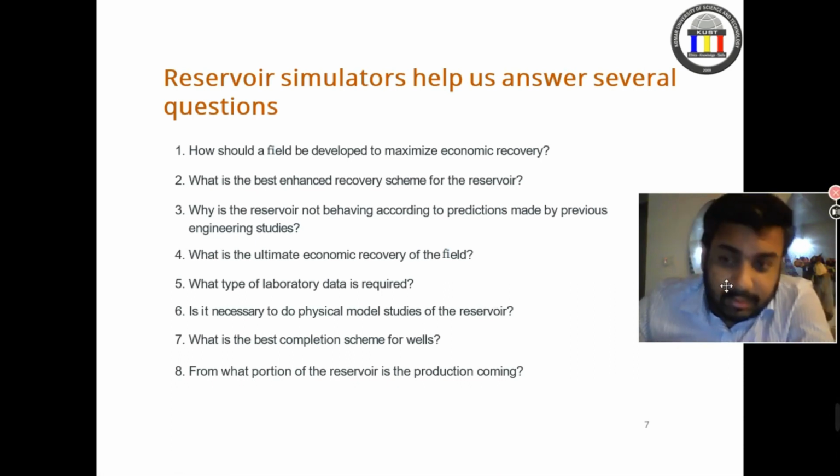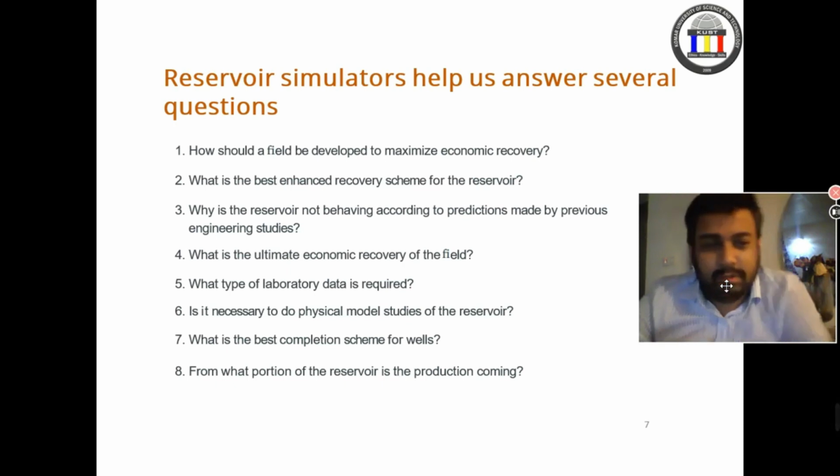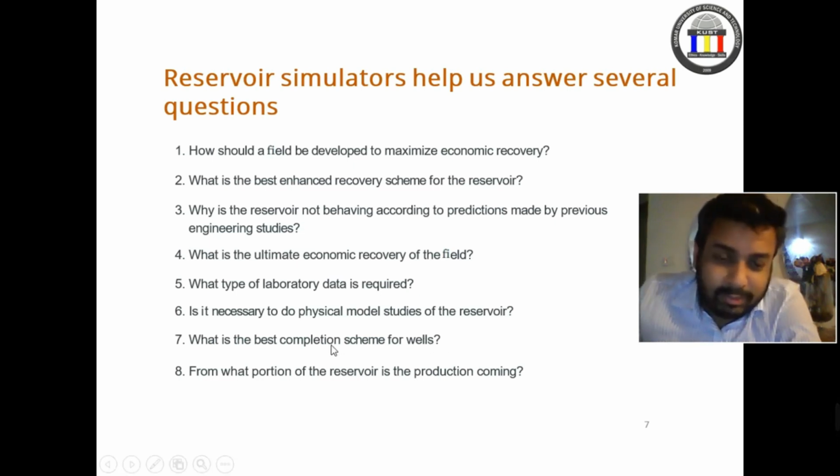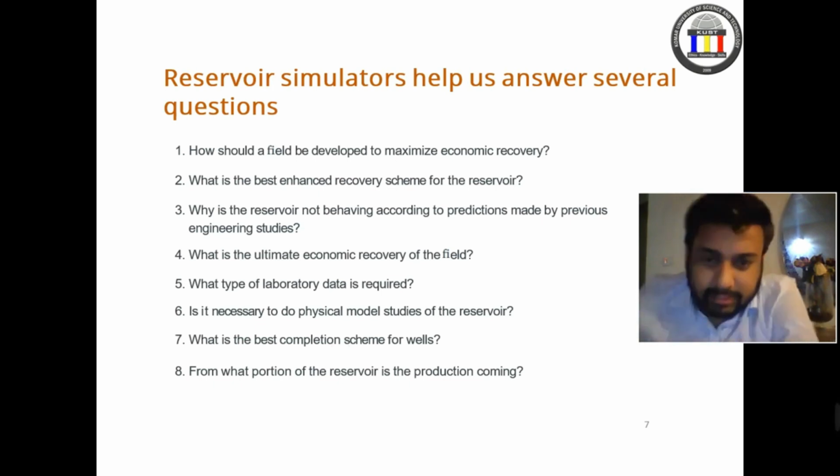Then secondly, what kind of laboratory data is required? We need a lot of laboratory data. As you have studied before, you need to know the porosity of the reservoir, permeability, and so many other data that we need, relative permeability data. We need to know the temperature. We need to know the composition of the crude oil that we have. So we need lots of laboratory work in order to run the simulation models perfectly. And completion schemes, where exactly you want to complete your well, do the perforation, and so on. So there are so many questions that need to be answered in this case, and